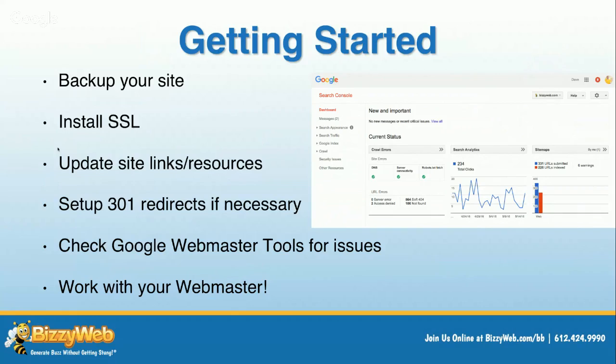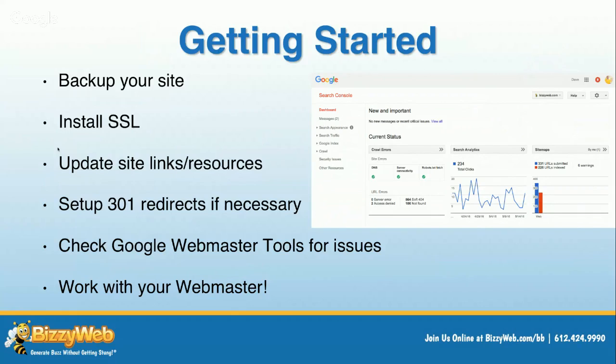Once you get your SSL installed, you then need to update the links and resources on your website. So if you have any hard-coded links in your website, you simply need to change anything that said HTTP to HTTPS. There are tools that will help you do that, and in the Webmaster Tools that I linked to before, and as a matter of fact, on Google Webmaster Tools, you can set up 301 redirects, and in general, you can browse and scan your site on Google Webmaster Tools to make sure that you don't have any issues after you've activated and updated your website to support SSL.